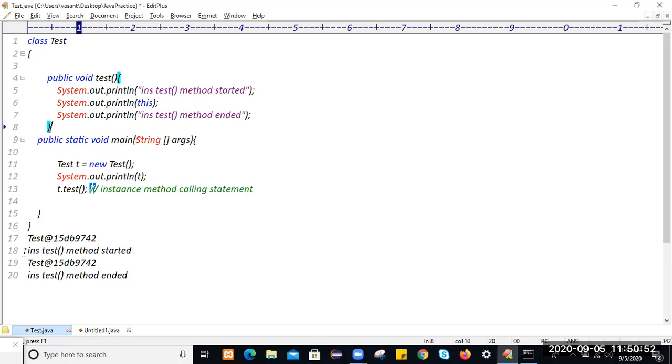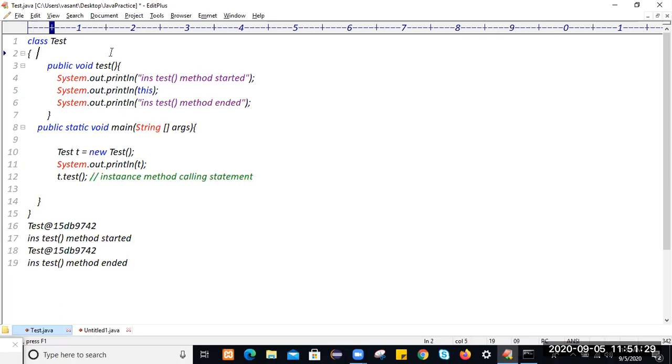And this instance method got started, again Test@hashcode. This memory address and this memory address, check whether both are the same or not. Yes, both are the same. This is the user defined reference which is holding the memory address of the current class object. Similarly, this is the predefined reference which is holding the memory address of the current class object. It means if you don't use a reference variable, or if you are using this, then this will be treated as a predefined reference variable. Am I clear here?